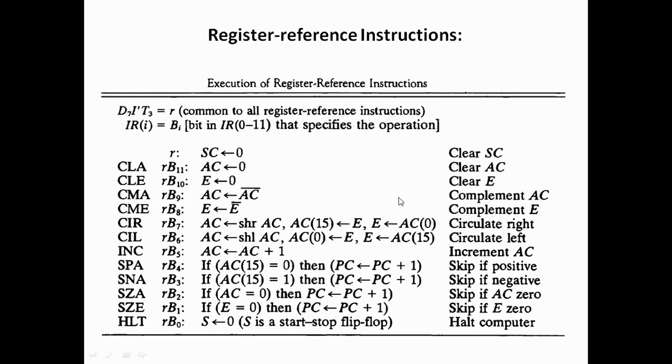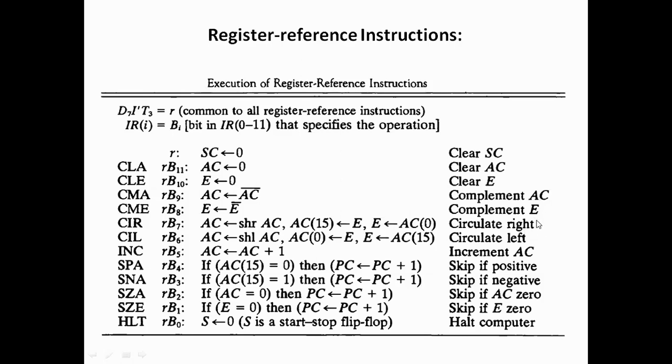Next is CMA, which implies complement accumulator. So at this, the accumulator will be complemented. Each bit of accumulator will be complemented. Next is CME, complement E. So the contents of the E flip-flop will be complemented. And next is CIR, that is circulate right, meaning shift right the contents of accumulator, but the